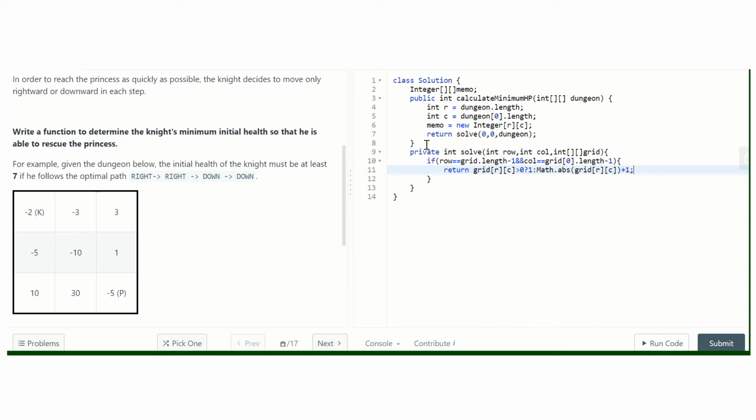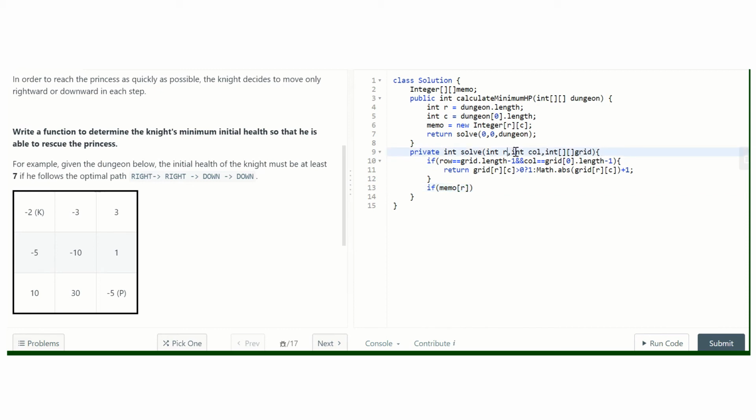If it is negative, then we need the absolute value of those negative points plus 1 point to step onto that cell without dying. So we'll return it from here.